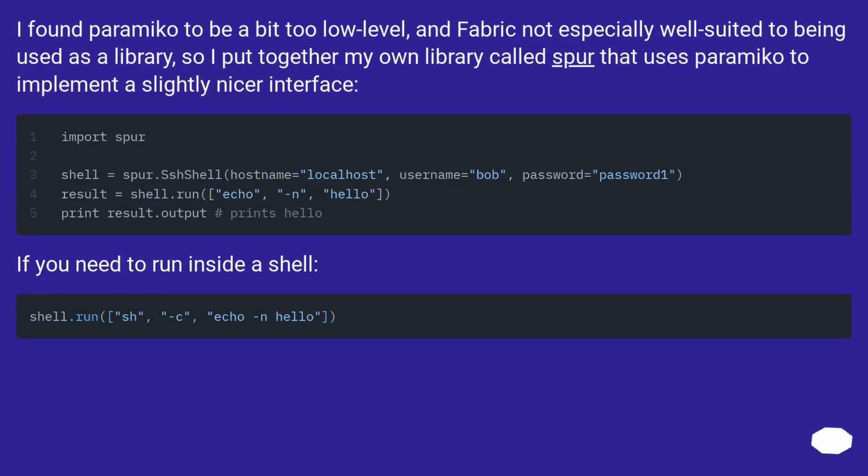I found Paramiko to be a bit too low level, and Fabric not especially well suited to being used as a library, so I put together my own library called Spur that uses Paramiko to implement a slightly nicer interface. If you need to run inside a shell,